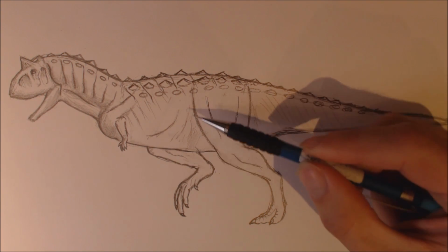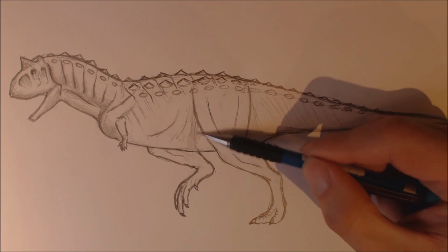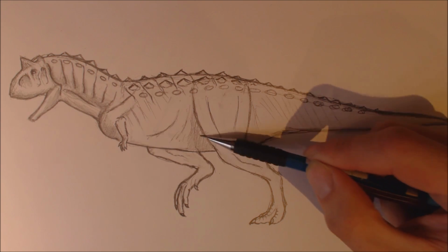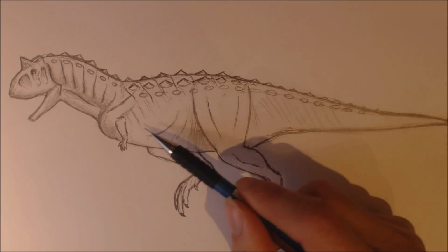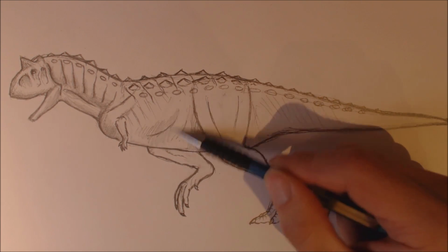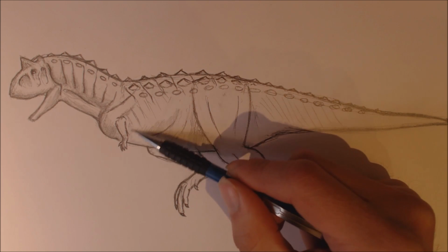and because artists are perfectionists sometimes, I want to improve. Sometimes I really, really love what I've done. Like, I quite like this drawing. It's not too bad for me, considering I've actually never drawn Carnotaurus before, but,